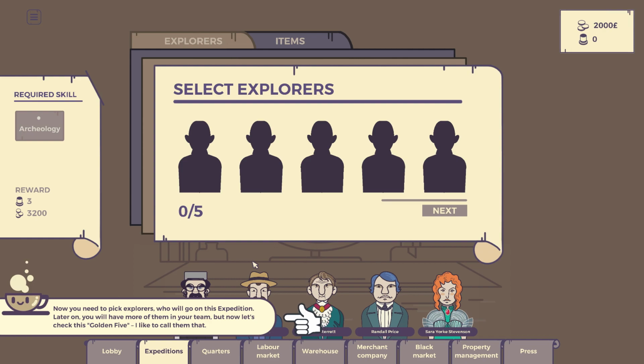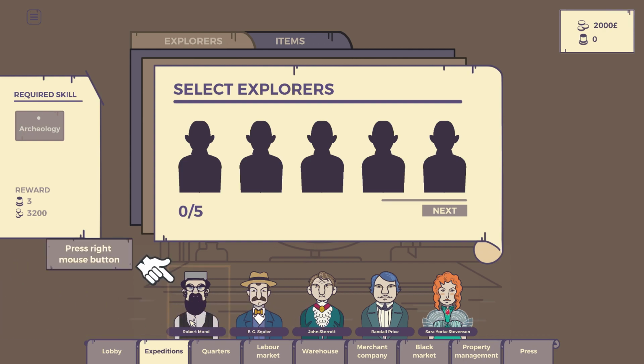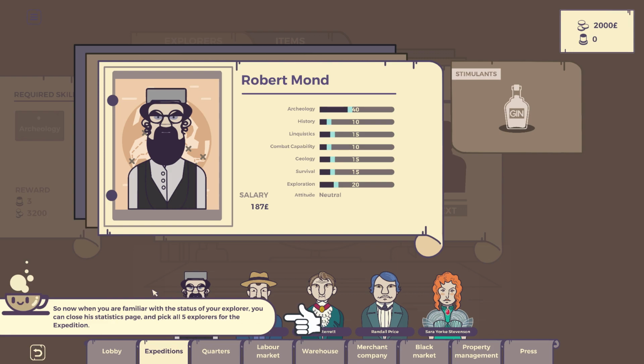Now you need to pick explorers who will go on this expedition. Later on you will have more of them in your team, but now let's check this Gold 5, I like to call them that. Every explorer has its own statistics. To pick the best possible team for your expeditions, you need to check the current status to see if he or she will fit nicely. Now let's check that first one from the left side. Robert Mond, apparently. Press right mouse button? Why? Guess the left mouse... Maybe the left mouse button is for selecting? It's a little unintuitive. Well, I guess Cappy explains it to us, so...